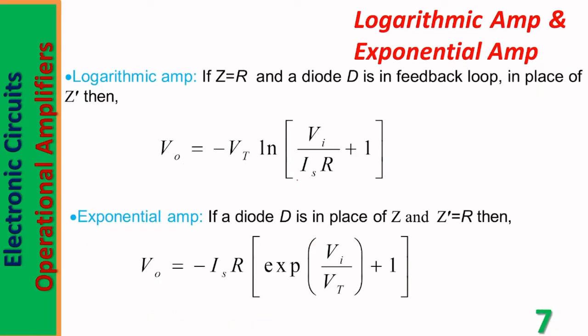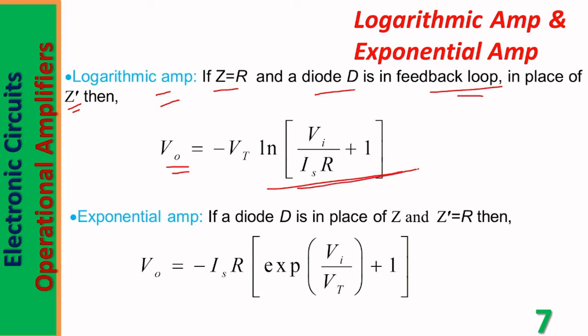It can also be used in the design of a logarithmic amplifier and also an exponential amplifier. If Z equals R and a diode D is in the feedback loop in place of Z prime, then V0 is equal to minus Vt natural logarithm of (Vi by ISR plus 1). So this is